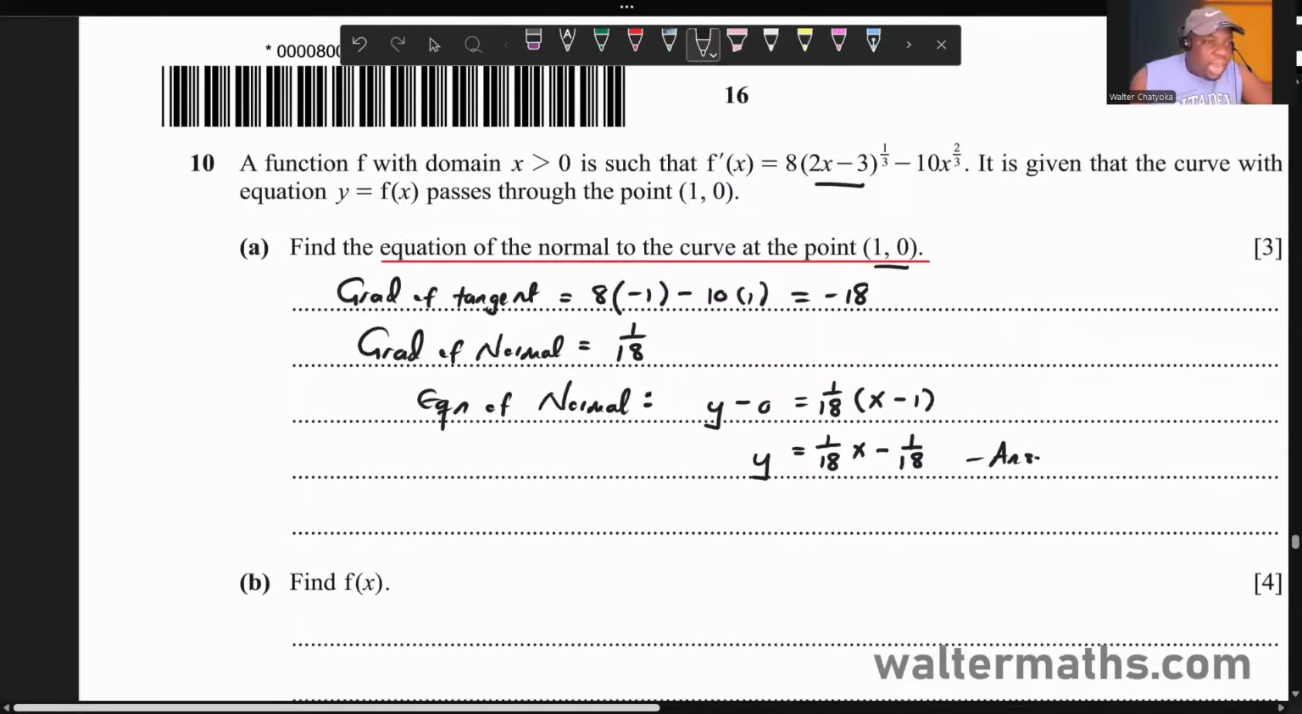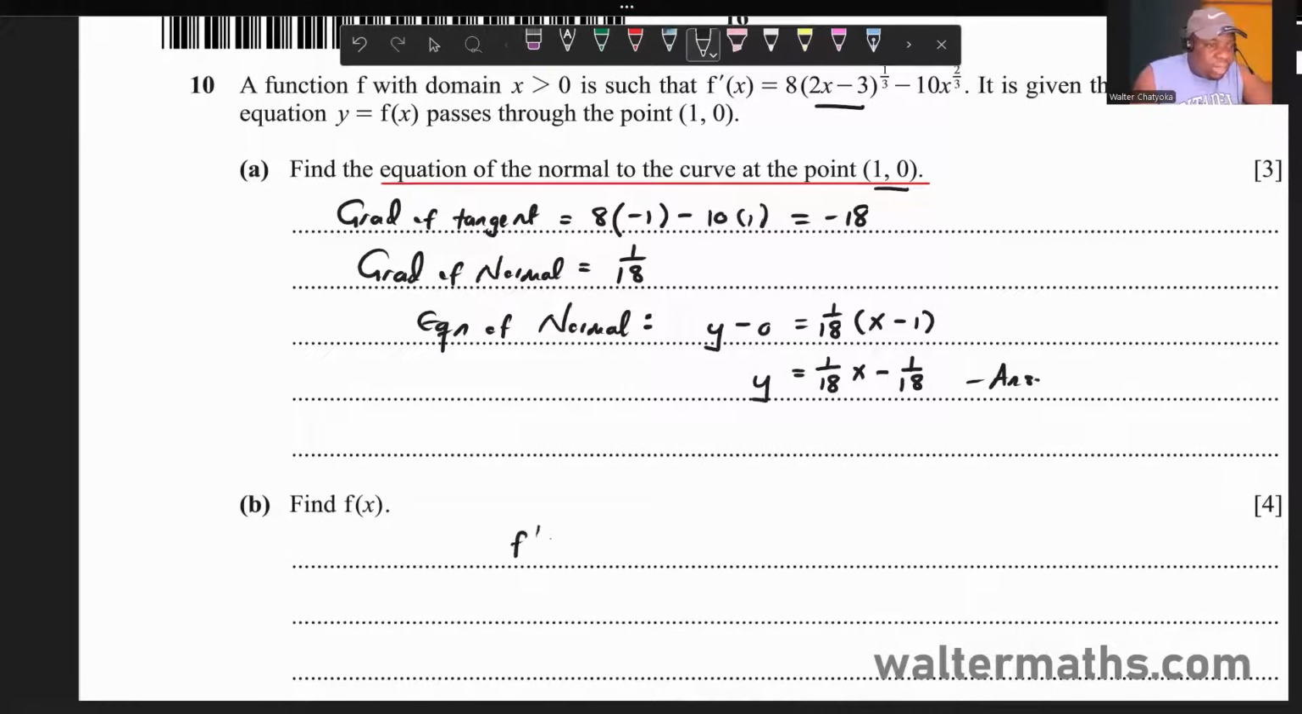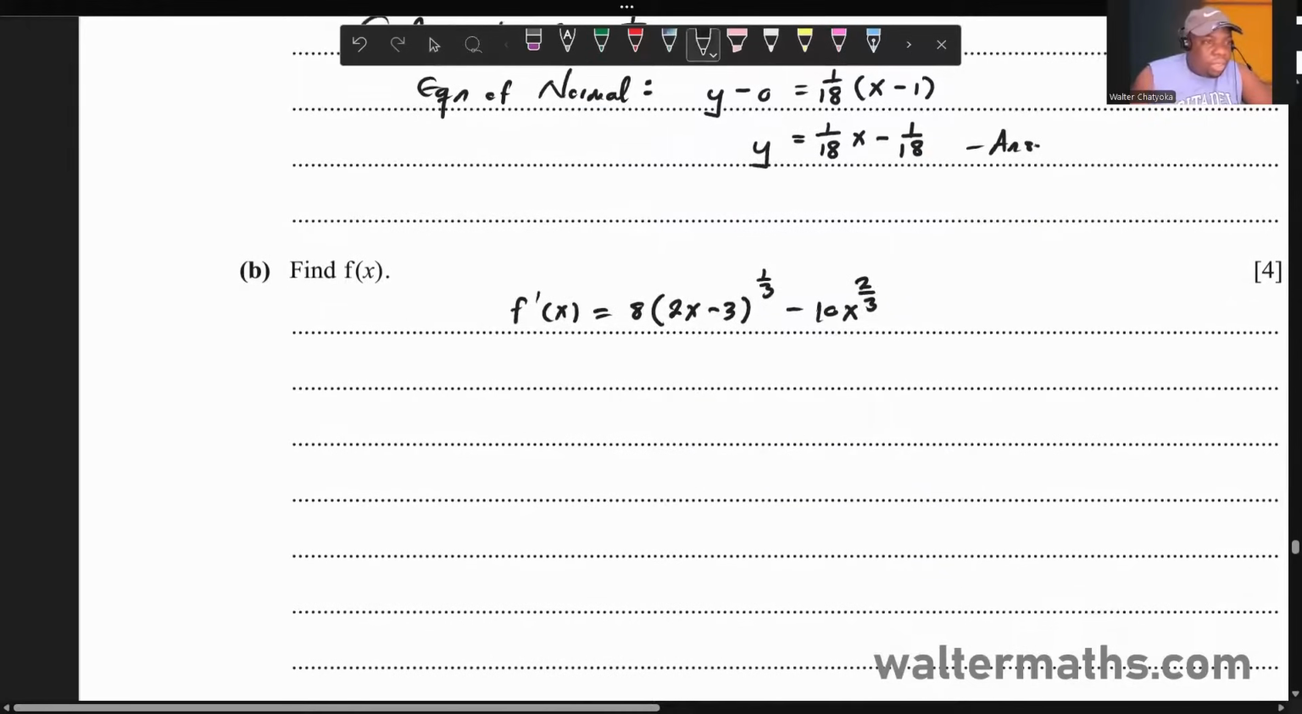All right, so we have been given here that f prime of x is 8 of 2x minus 3 to the power of a third, minus 10x to the power of 2/3. So now to get f of x, we will have to integrate the 8 of 2x minus 3 to the power of a third minus 10x to the power of 2/3 with respect to x. All right. So this will mean that f of x will be